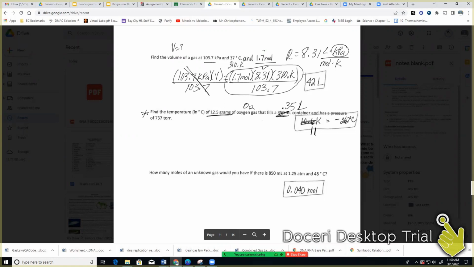So 12.5 grams, how many moles of oxygen did that give you? 0.391. And if you did it as 0.39, it may not have changed your answer. Well, but your final answer, you're right, will only have 2 sig figs. But when you're doing this one particular calculation,